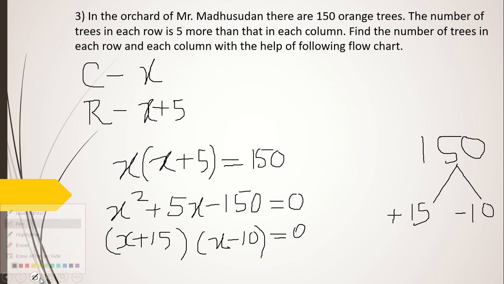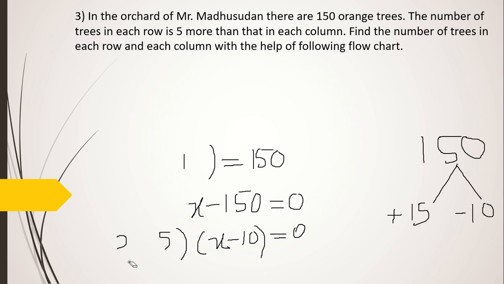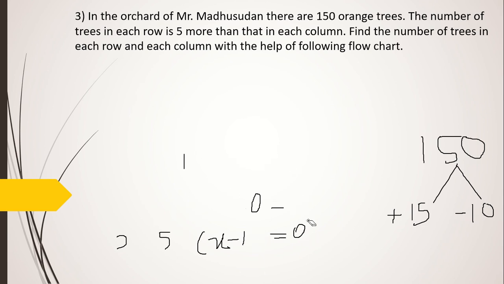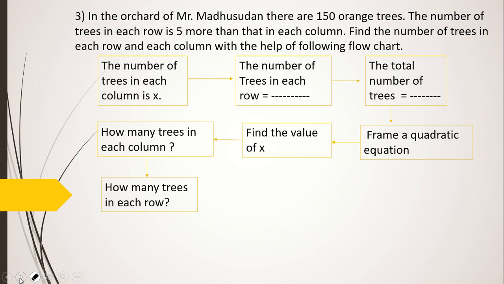So this was quite simple logic, but the only thing is this sum is given in the form of an activity. You don't have to directly solve it, or maybe you solve it and then fill up the activity flowchart. But whatever way the question is asked, that way only you have to do it. So this is how they have given, along with the question, this flowchart. That means they have given you the directions in which you have to go.